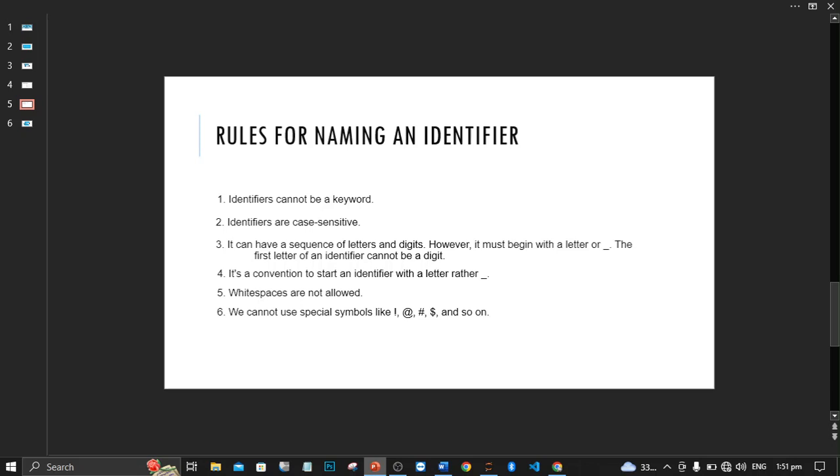Then we cannot use special symbols like the at sign, the hash, the dollar sign, and the semicolon, and any special symbol you know of. It should not be in your identifier. Okay, so I think that will be all for this section, and in the next section we'll be talking about comments and